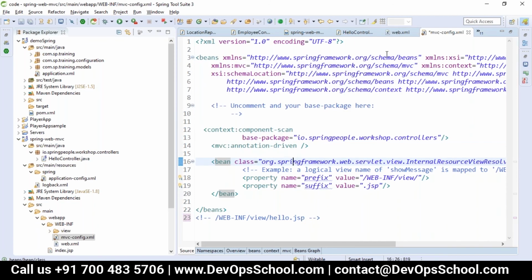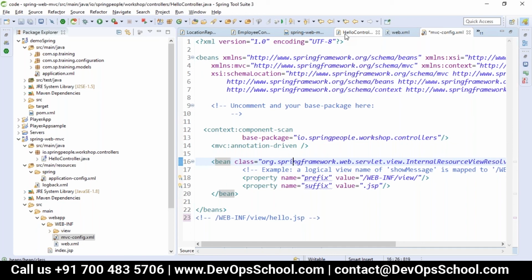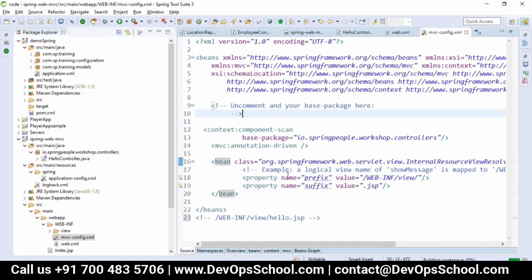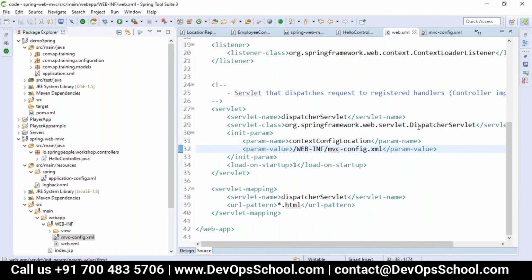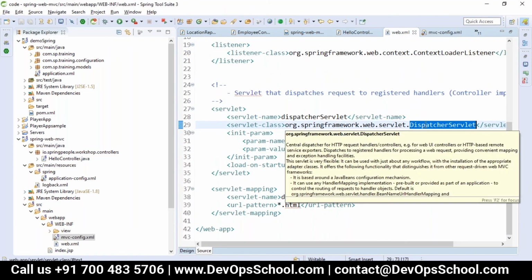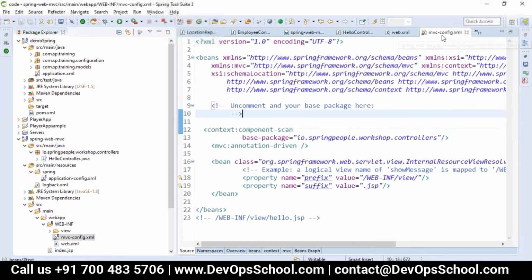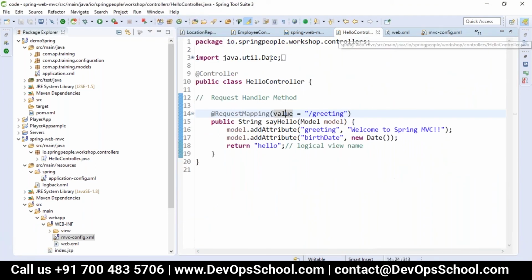Your hello controller is handling some requests, so the request handler methods we are writing here. Whenever any request comes, first it goes to web.xml, the dispatcher servlet takes the request and sends it to the MVC config.xml. Here it looks at the component scan called controllers, and scans this package.